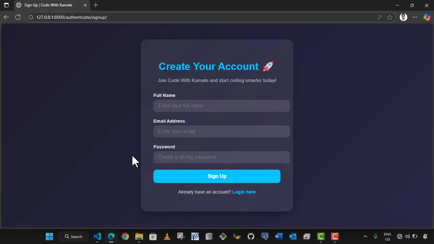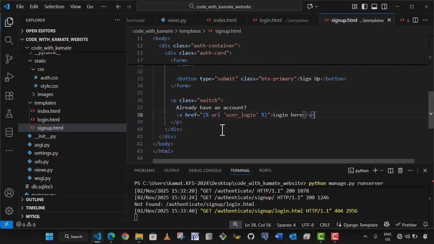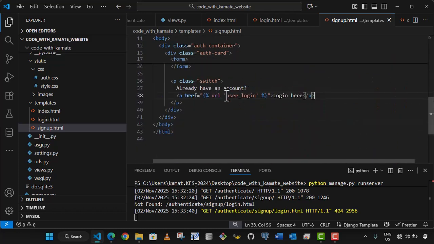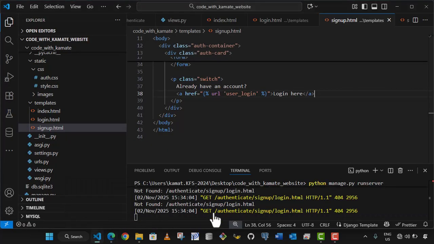Okay, fine. Let's go check what has happened. So when someone clicks on login here, this one should be able to open user login. Okay, I think, are we loading static? Yes. So why is it not working out? Let's double check why. Let's refresh again. Okay, fine. Let us first stop the terminal with Ctrl+C. Then let's run the command again. Python